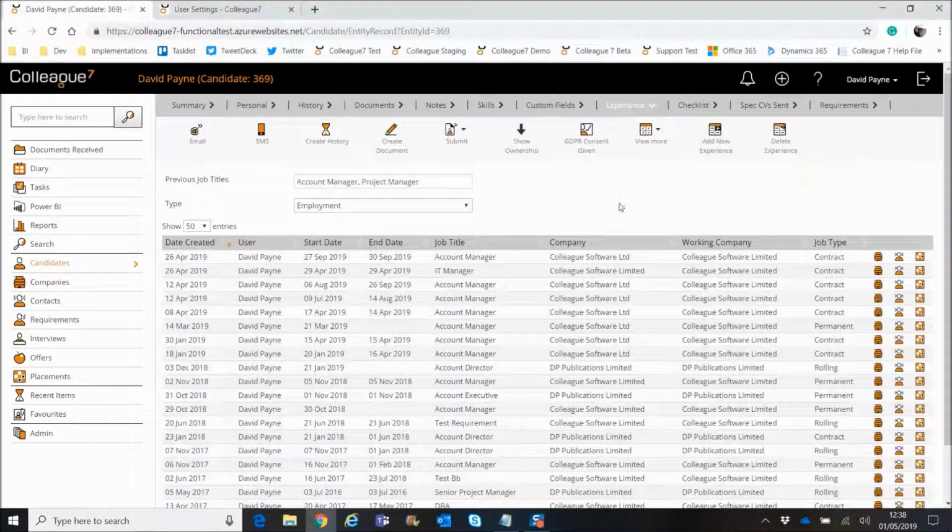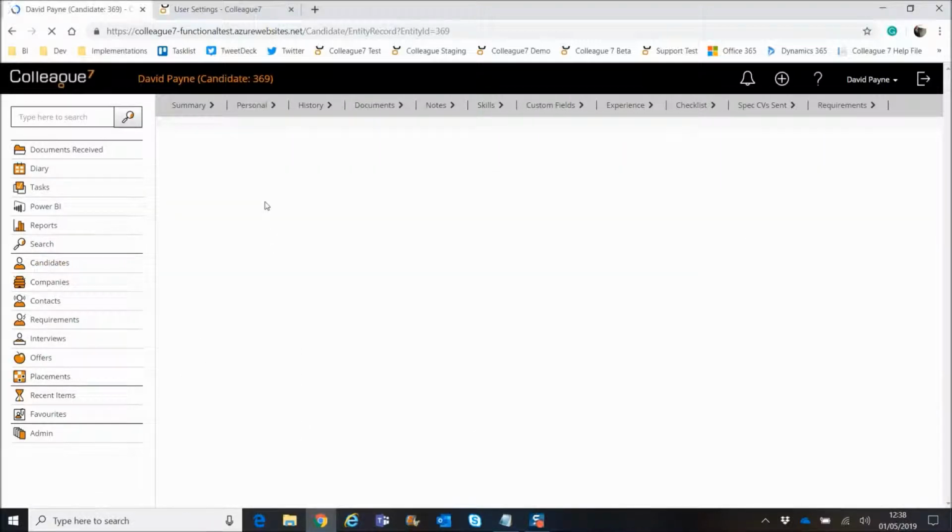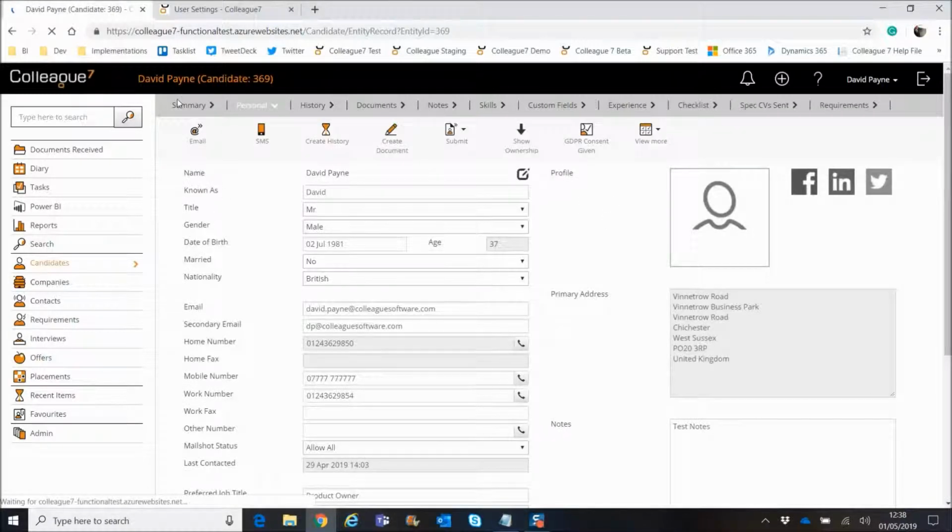So you'll notice against the experience record, we've got a placement that's due to come up on the 9th of July to the 14th of August there, but currently there's not a placement that's in between that date range. Hence, when we first go into the record, we don't have that Working For Us alert appearing. Now, if we go into the user settings, which I've got set up here,